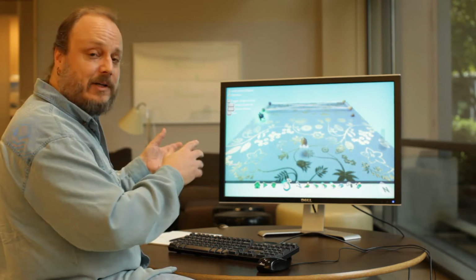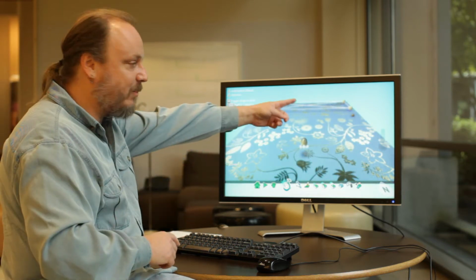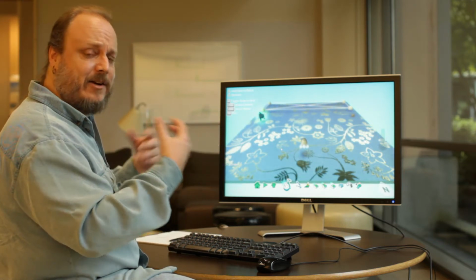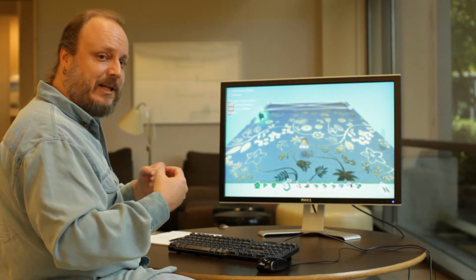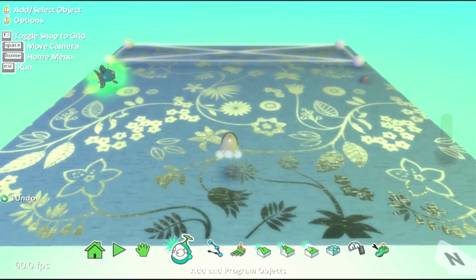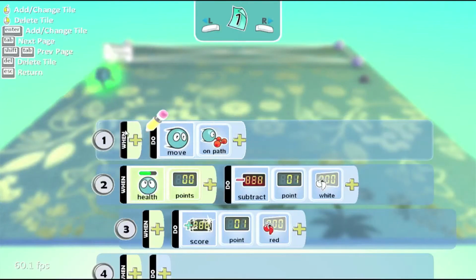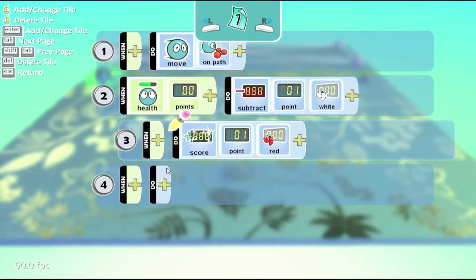In particular, what we're going to do is the fish, which have just been wandering back and forth on the path, we're going to make them more aggressive, where after 10 seconds they're going to come running straight at the player character. So, starting where we left off, go to Program the Fish, and what we want to do here